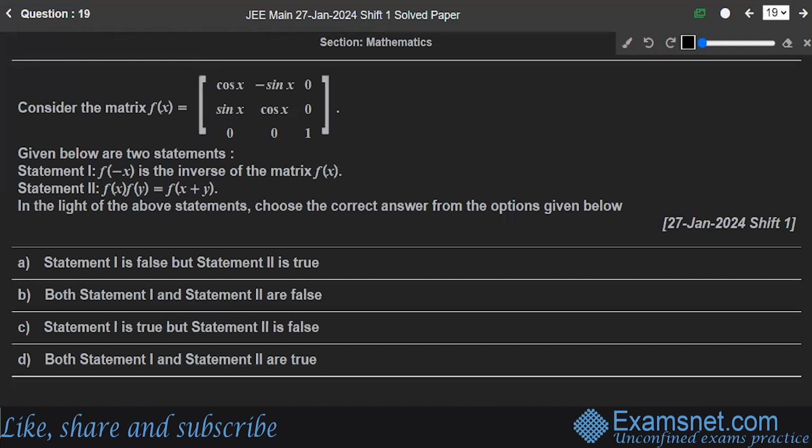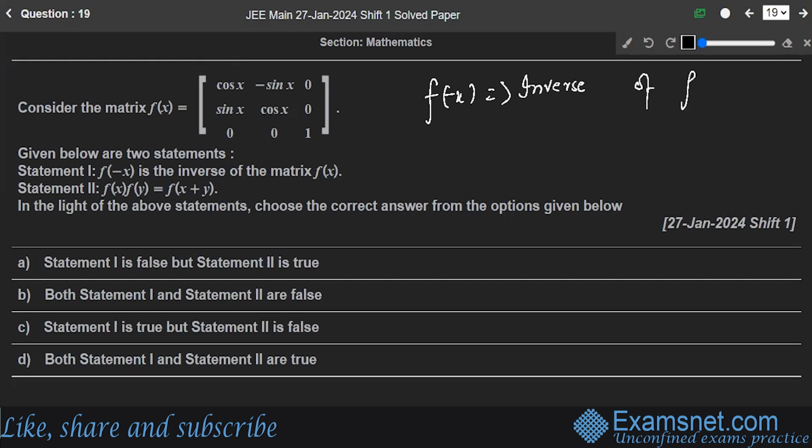Question number 19, consider the matrix f(x) given by this. Now, you are given two statements. Statement 1 says f(-x) is the inverse of the matrix f(x), and also f(x) into f(y) is equal to f(x+y). In the light of the above statements, you have to choose the correct answer from the given ones. So, first statement, it says f(-x) is